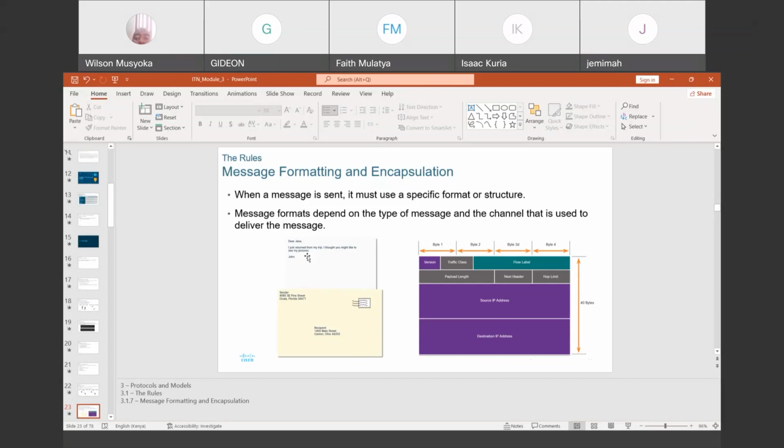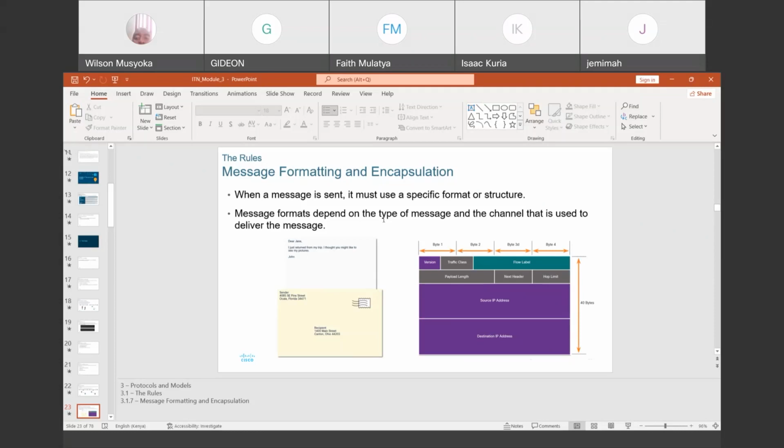Compare that to an SMS. An SMS has to be prepared on your mobile phone, then it is sent through the phone service provider, and then it gets to the recipient. So even if there are two people sitting next to one another, the SMS will still take that same channel, going to the service provider and then coming back. So that is how a message is prepared.